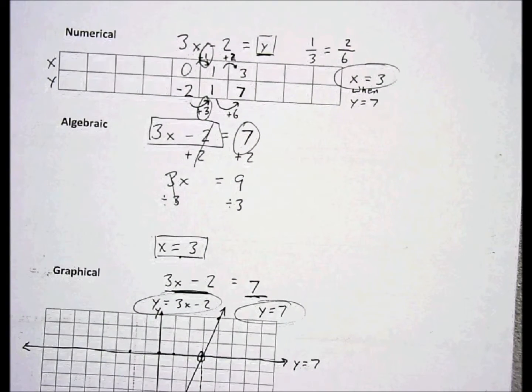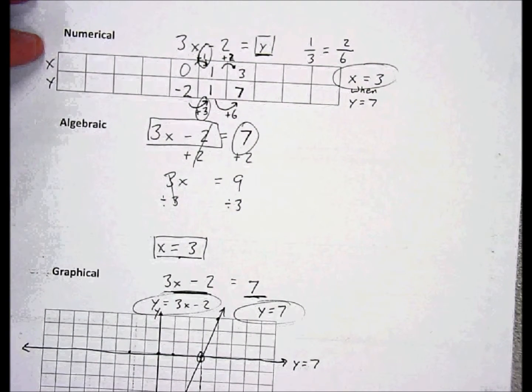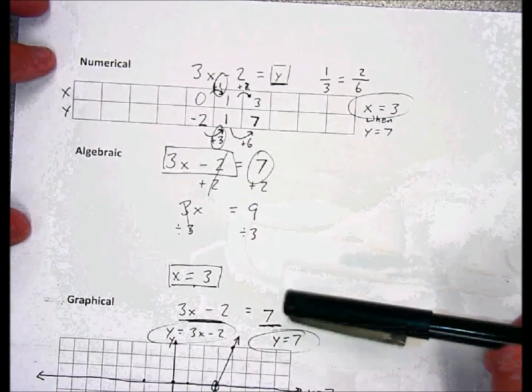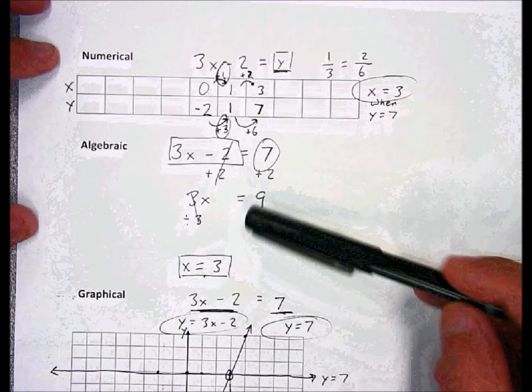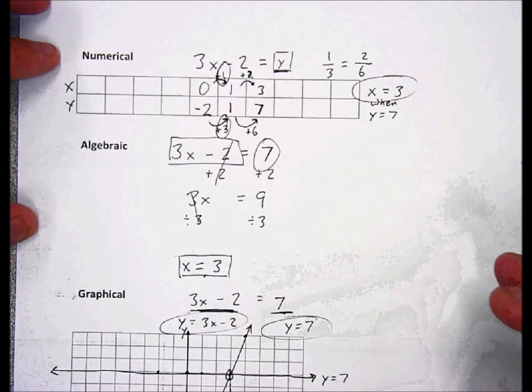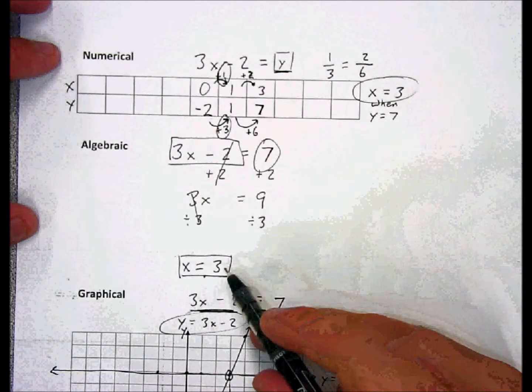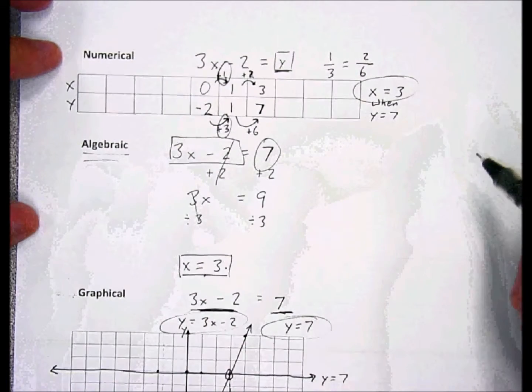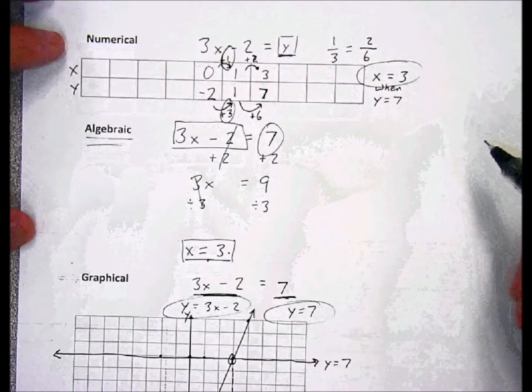Okay, and so that also confirms what we found in the algebraic and in the numerical approach, that x equals 3. And so you might think, well, yeah, but why don't we just do this? This is the fastest. And it is, and it's useful. And if the point is simply to find the number 3, then yes, I would do and recommend the algebraic approach. But one of the things that